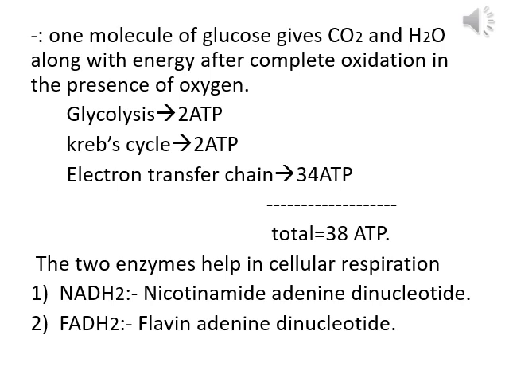In this way, one glucose molecule gives us carbon dioxide and water, along with energy, during the process of aerobic respiration. Altogether, if you observe, during glycolysis 2 ATP molecules are produced, during the Krebs cycle 2 ATP molecules, and during the electron transfer chain altogether 34 ATP molecules are produced. In this way, when one molecule of glucose is completely oxidized in the presence of oxygen, a total of 38 ATP molecules are produced.